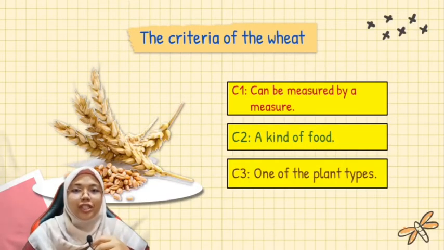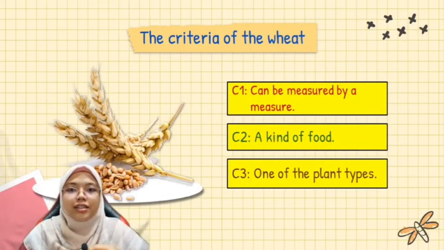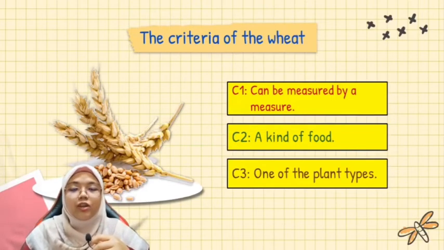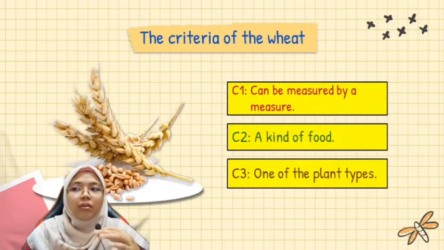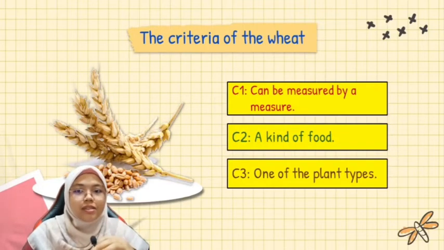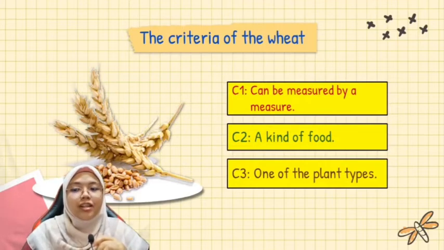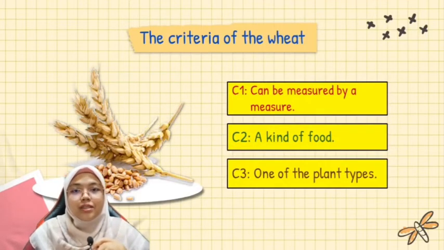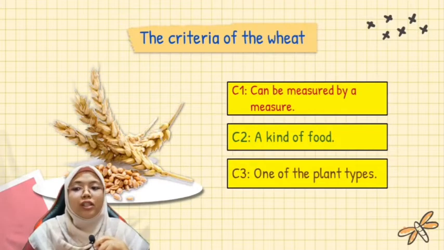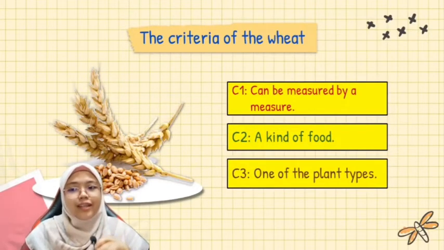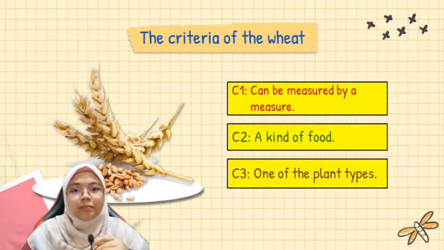Then, after the mujtahid has listed down the criteria and applied them to the remaining five items, which are gold, silver, barley, dates, and salt, a characteristic common to all six items is obtained, which is criterion number 1: that all of the six items are of the types that can be measured by a measure.